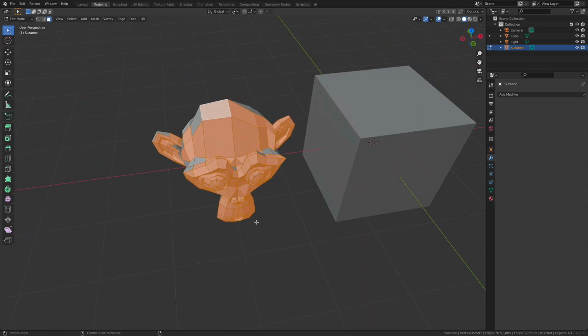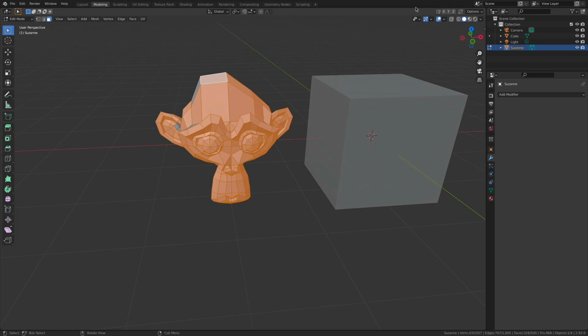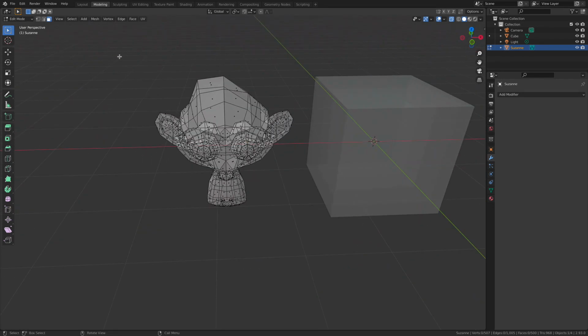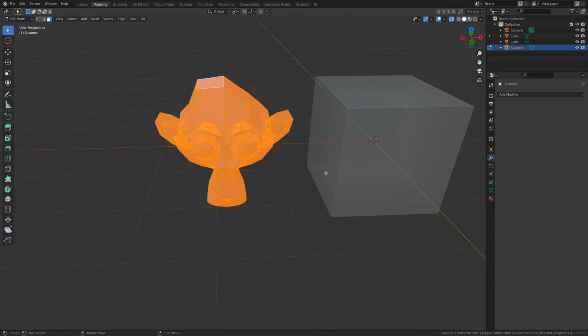If you want to select through your model, it's a viewport property, and it's this icon right here. And I apologize, it's pretty small inside the interface. Hopefully it's a little bit easier for you to see at home. But this option right here is kind of like an X-ray mode almost. And this is going to allow us to select through.